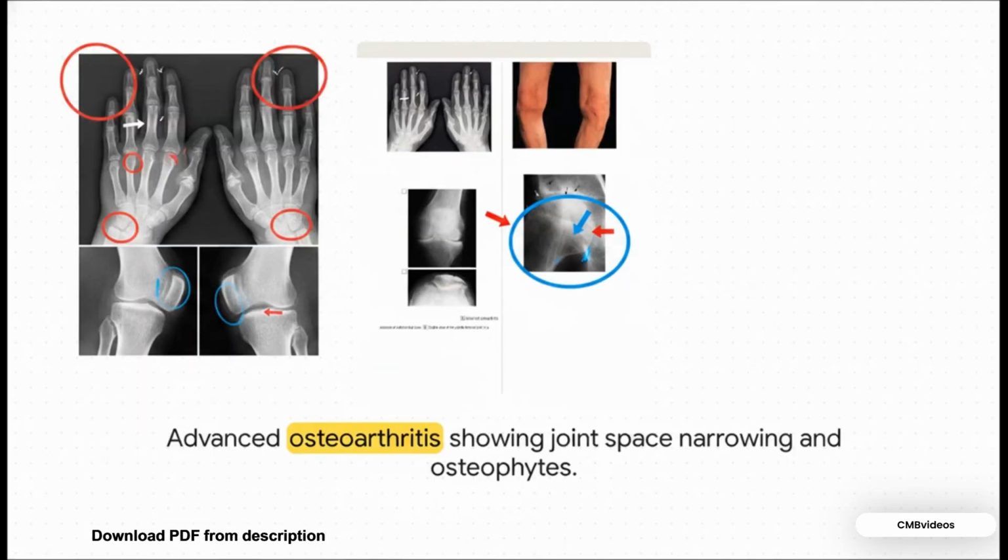Look at the knees and hips here. The marginal osteophytes, those little bony projections right at the edges of the joints, are impossible to miss. And you can clearly see that classic non-uniform joint space narrowing. In the knee, the space might be entirely wiped out on the medial side, but it's still somewhat preserved on the lateral side. You see the exact same targeted wear and tear in the hands, specifically hitting the distal and